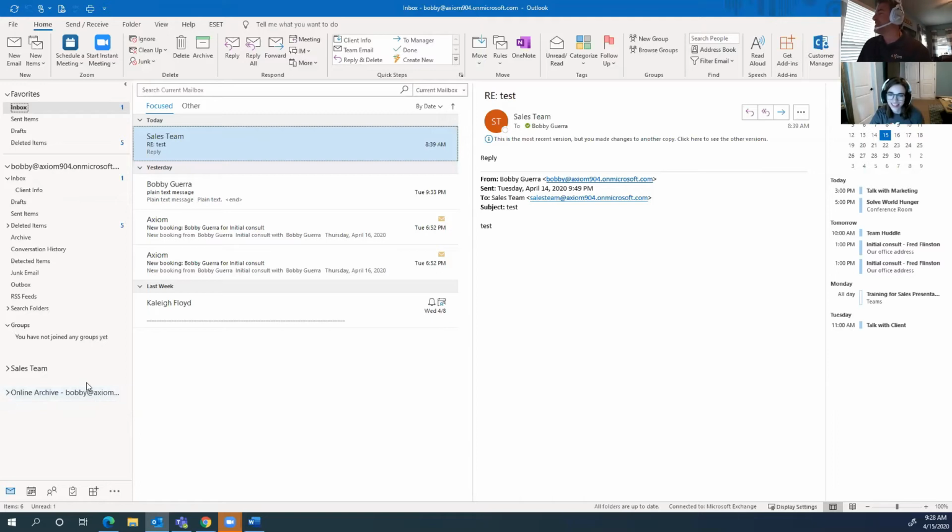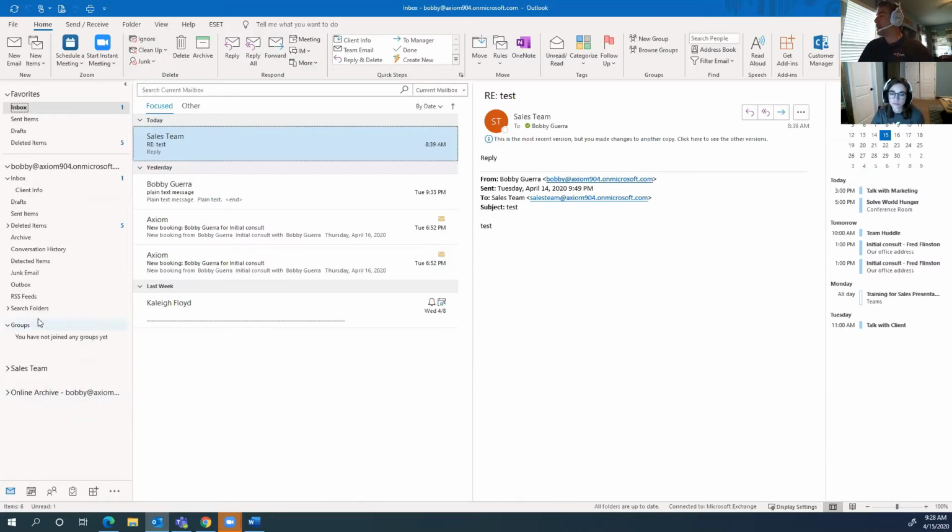I'm not sure. So I want to talk next about shared mailboxes. Here's the scenario where shared mailboxes really start to become very helpful. Let's say that it's an employee that works for the company and they've decided to move on to greener pastures. Taking their mailbox and moving it to a shared mailbox is really nice, because then whoever you want to have access to that mailbox can see it.